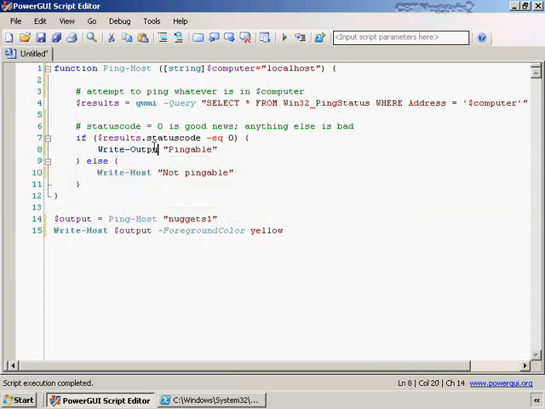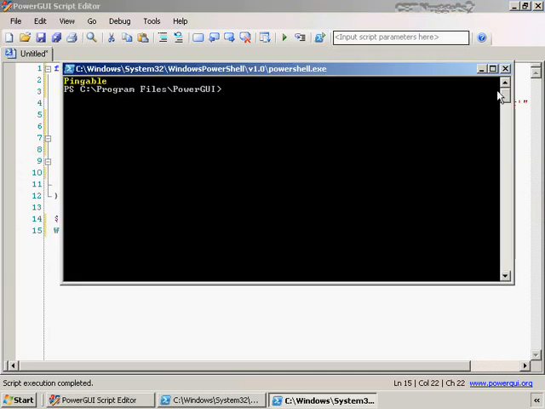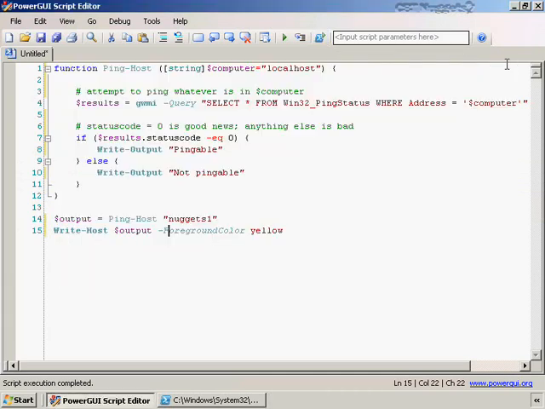Now Write-Output doesn't support a foreground color parameter, so I removed that, changing Write-Host to Write-Output. Now if we run it, we can see that pingable shows up in yellow. That's because pingable was output to the pipeline. It actually became the return value of the function. So the function's return value was stored in the output variable, and it was then displayed here in the foreground